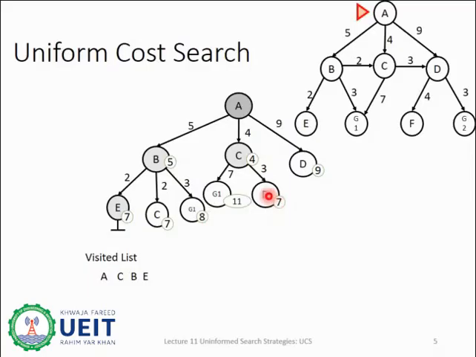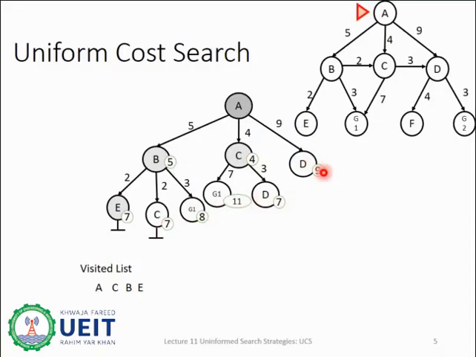And here, by looking at the root, left and right regime, we will expand node C with the cost of 7. At this point, we will look at the visited list and find that C is already in the visited list. Thus, we will not expand C as we have already visited C with the less cost, that is 4. Thus, we have reached another dead end at C. Now, we have 4 remaining active paths with G1 of cost 8, G1 of cost 11, D of cost 7 and D with cost 9.